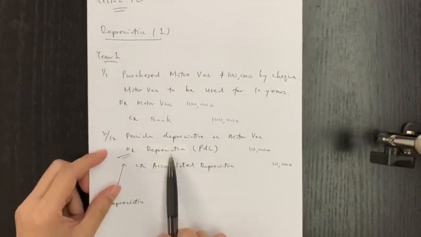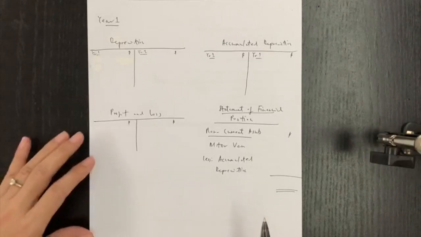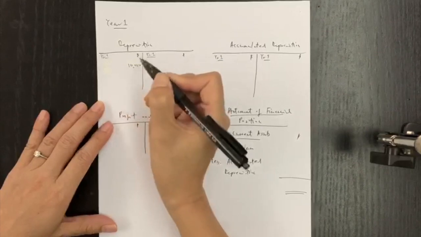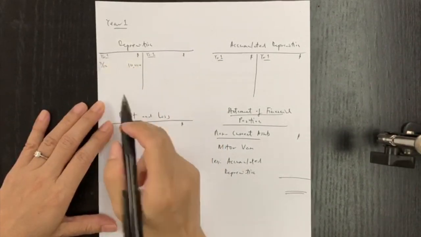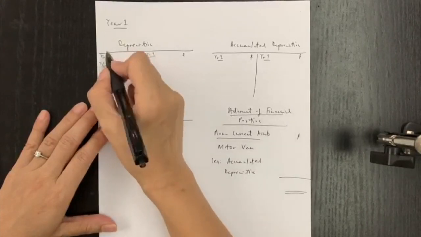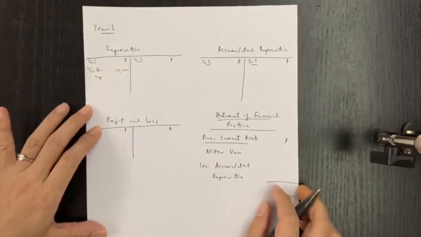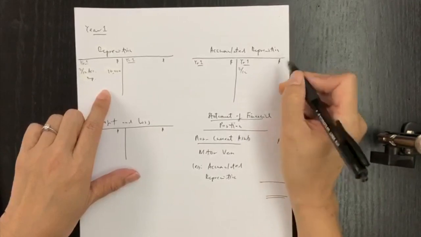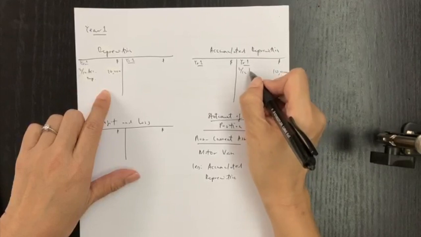So let's go back to what we have here. We debit depreciation and then credit accumulated depreciation, so that we always provide depreciation at the end of the financial year. So this is debit depreciation, right? And the date is 31st December in year 1. And what makes us debit depreciation is accumulated depreciation. Okay, and after that, this is 31st December, and then I credit my accumulated depreciation account by 10,000, and the reason is